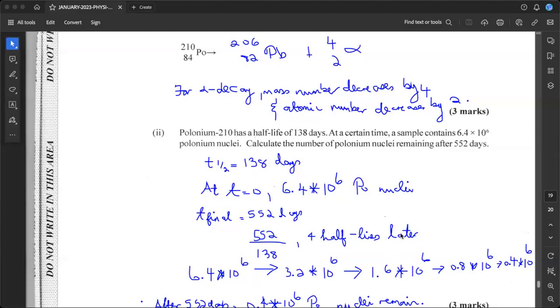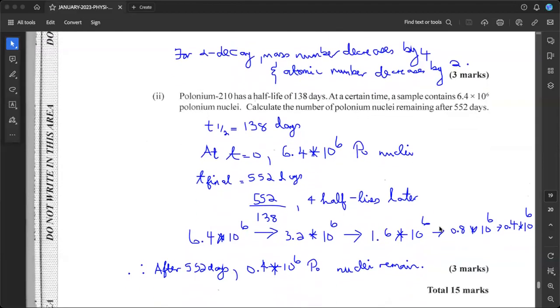So remember, we're starting at a time t equal to 0, and then the end period will be 552 days later. So we just do 552 days divided by the time taken for it to go to half, or its half-life, to get how many half-lives later that 552 days is, and we got 4, right? So now we come down here and we're just saying, okay, for my first half-life, the amount of polonium nuclei is going to decrease by half. So this transition represents my first half-life, right? So my first half-life, which is 138 days, I'm going to be left with 3.2 times 10 to the 6